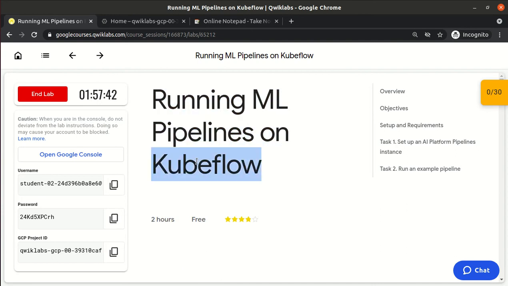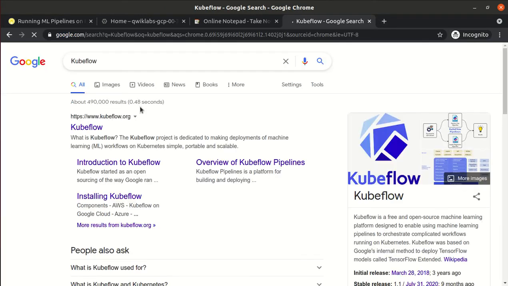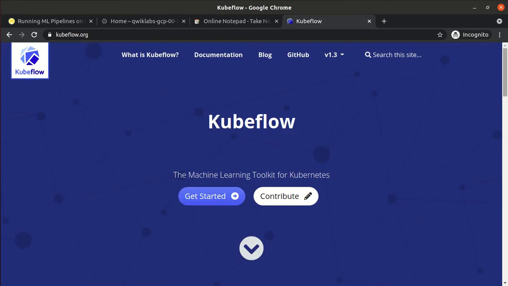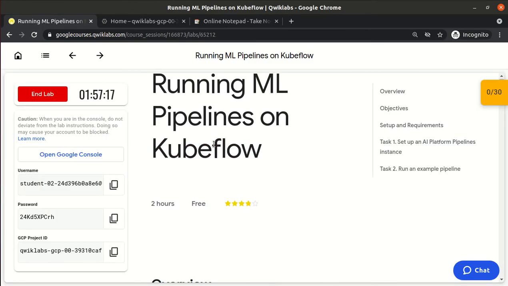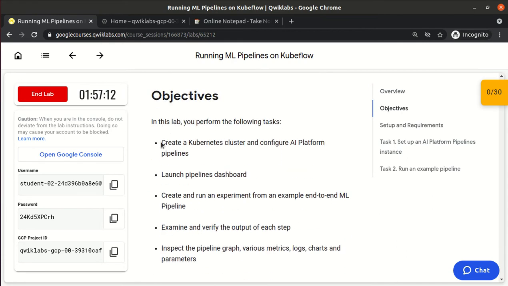So Kubeflow, okay, let's Google it. What is Kubeflow? This is the official website, kubeflow.org. Kubeflow is basically the machine learning toolkit for Kubernetes. So Kubeflow basically runs on Kubernetes. So to run Kubeflow, first we need Kubernetes. So first we create a Kubernetes cluster,